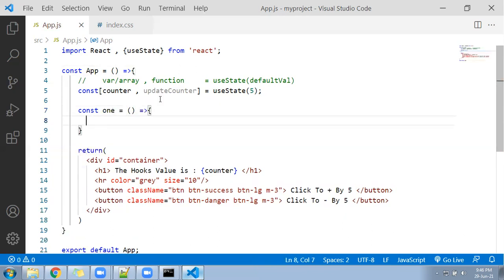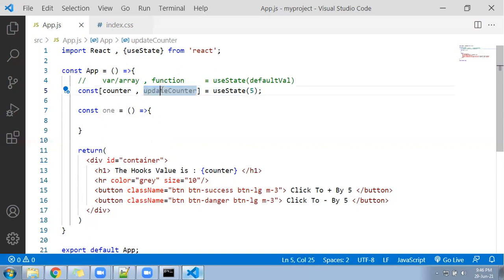Now, as we discussed, the useState hook has given us first a variable and second a function, and both can be user defined. It will be our own. It is nothing predefined. You can write a and b, but we should give meaningful names. Now look at what we want to do. Once we click on the first button, we will call this function, and after calling the function, we want to update the value of counter by how much? 5. But you cannot update the counter directly, because useState says you must use its associated function. So the associated function we have created is called updateCounter.